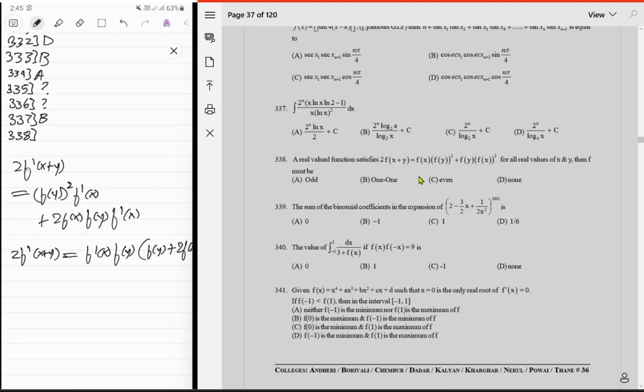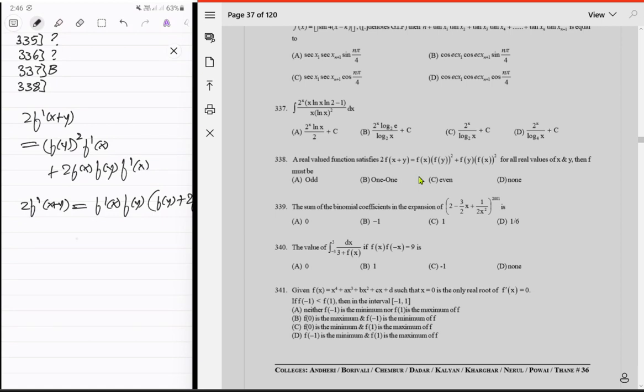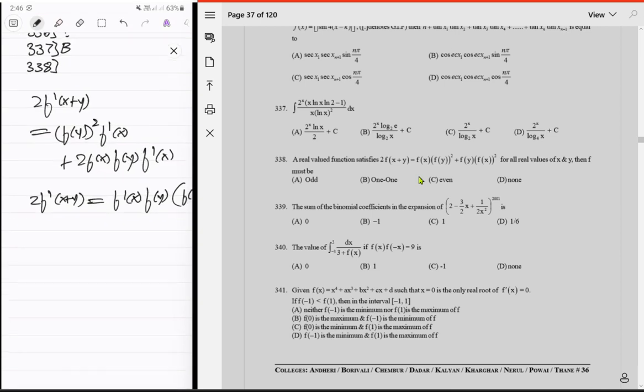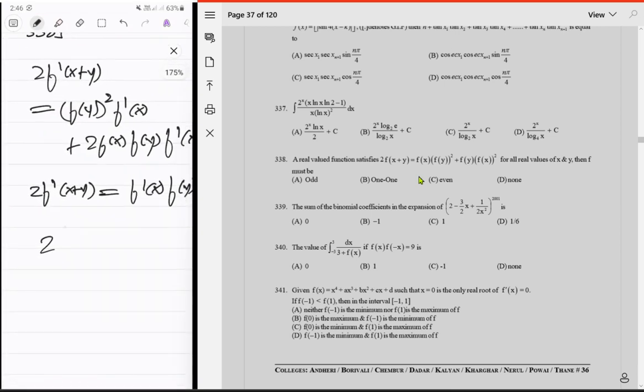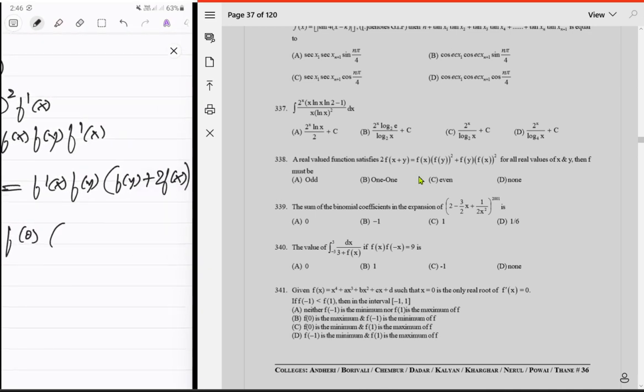This should happen for all x and y. So just put y as some kind of constant. I don't know, put 0 for y. So you just get 2f dash of x. F dash of x should be cancelled out if it's not a 0 function, if it's not a constant function. Otherwise, if it's a constant function, then maybe it will work out. So if this is not a constant function, then it becomes 2 is equal to, so suppose I put y as 0, just f of 0, then you have all of this stuff, f of 0 plus